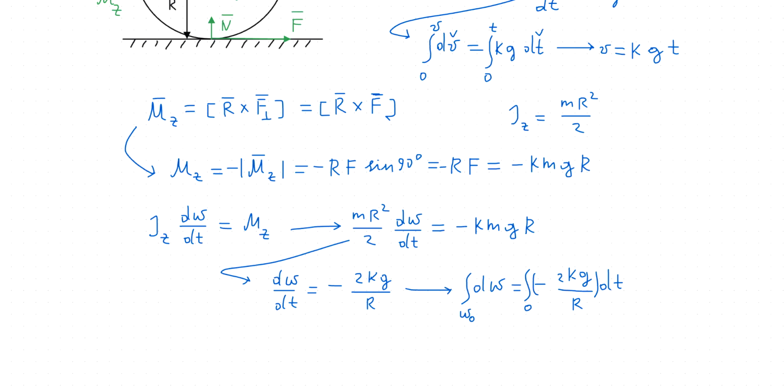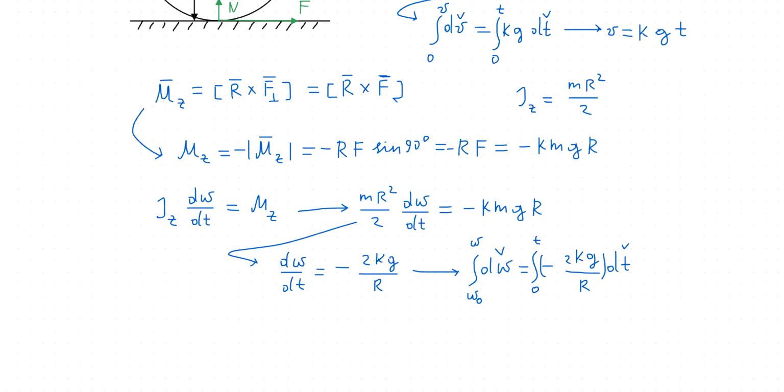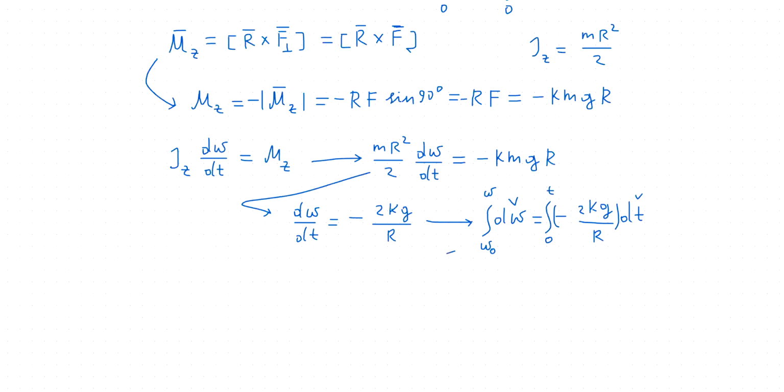Omega 0 plus omega t, or something like that. Omega 0 plus something must be... It will be just omega. But we don't know. Will it be plus or minus or something else? It will be some omega. And here will be some moment in time t. Okay, and now after integrating, we will get omega minus omega 0